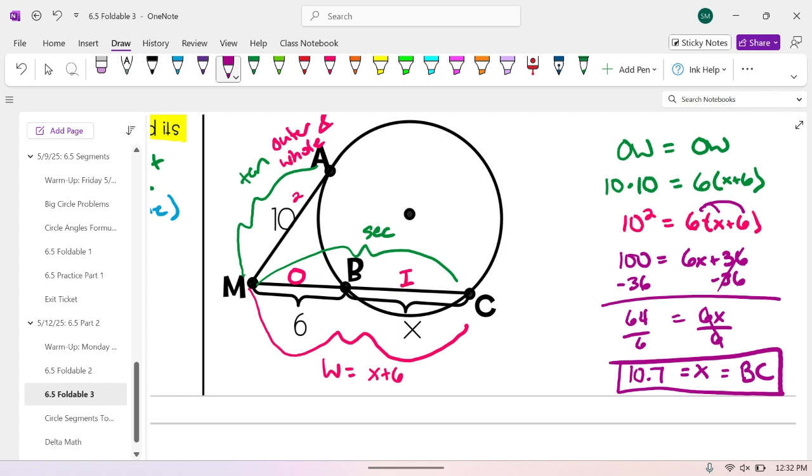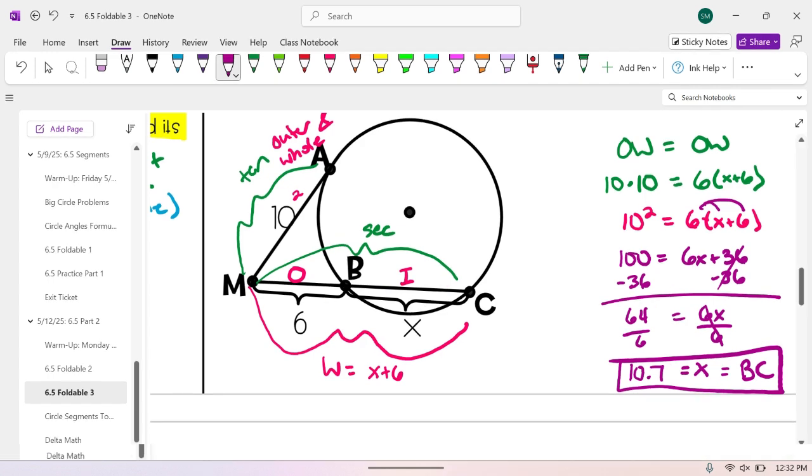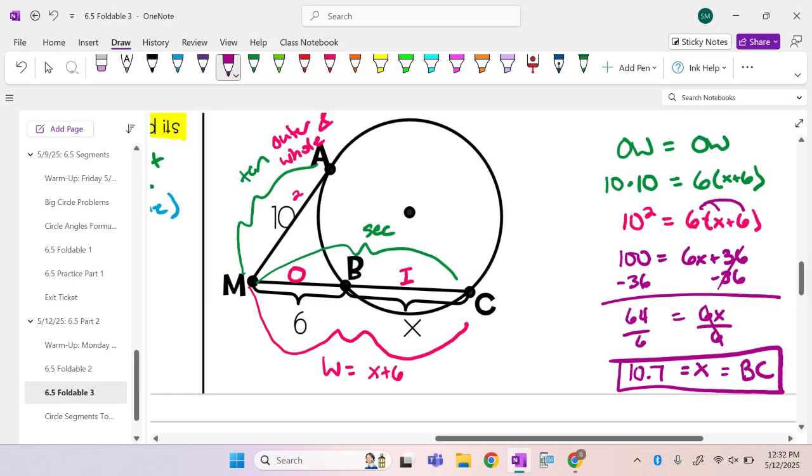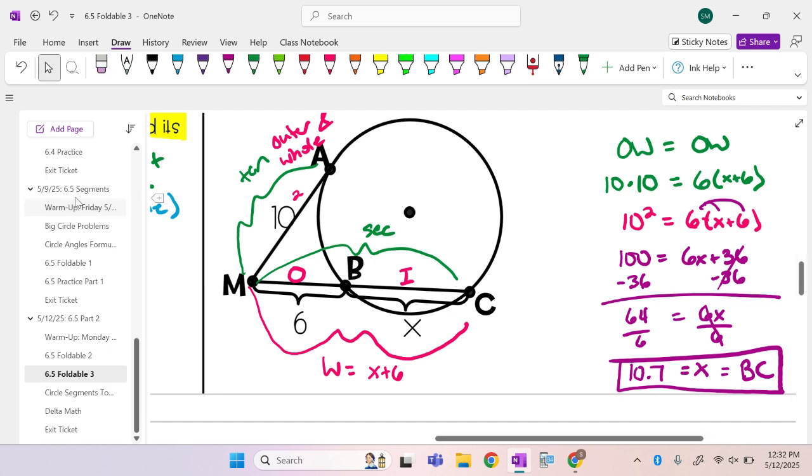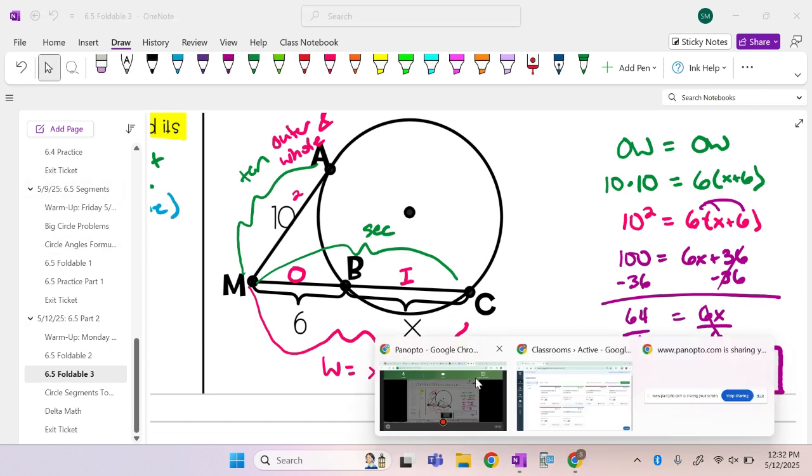All right. Also, with the Delta maths, something I forgot to mention, since we're getting closer and closer to the EOC, I've started posting what I call